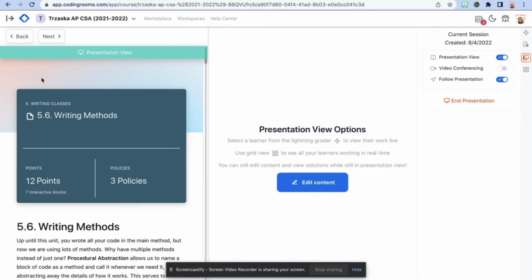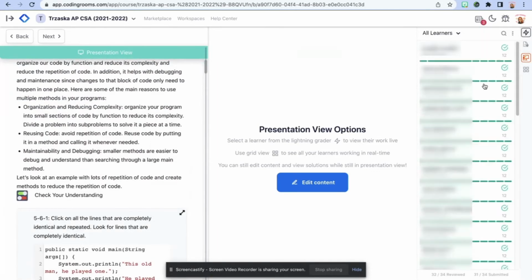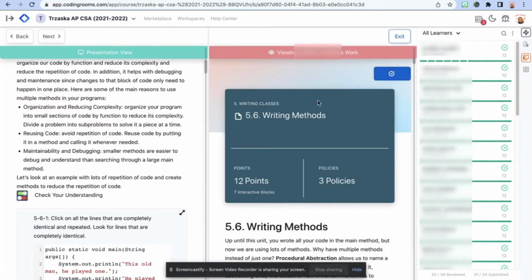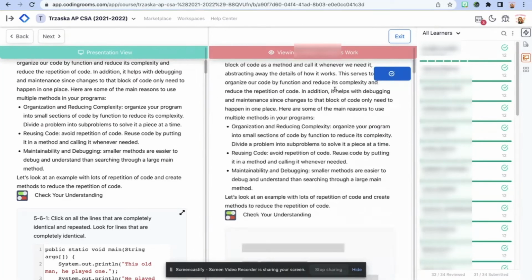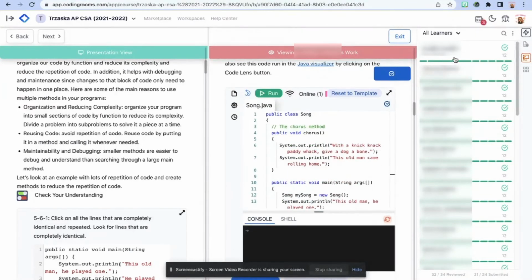And like I explained earlier, for a student, it will show the presentation view on the left-hand side. On the right-hand side, it would be their work. If I wanted to see what a student is doing, I go to the lightning grader and select the student, for example, this student, and I can scroll down to see what they are doing on the page. What's also nice is in the lightning grader, these little tabs